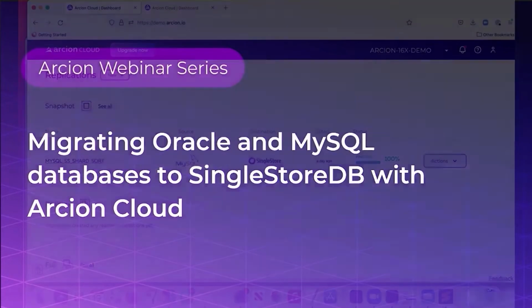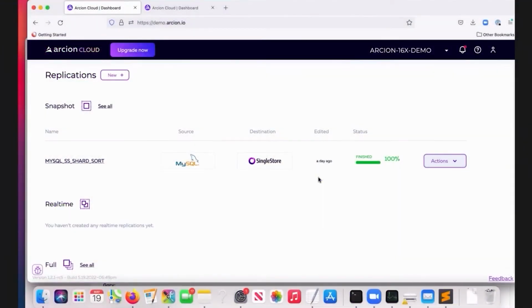So here we go. We are on the Arcion Cloud page where we're going to start both the demos. We'll start with the MySQL one first, and then go to the Oracle one. If you have signed in for Arcion Cloud and you've completed the registration, this is the first page that you're